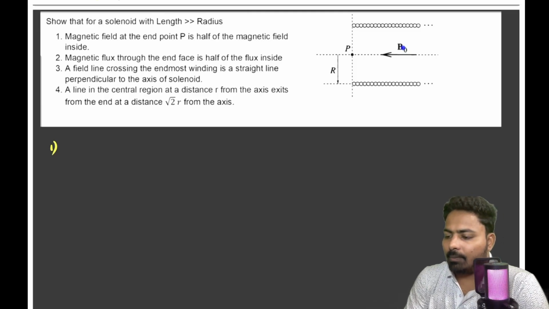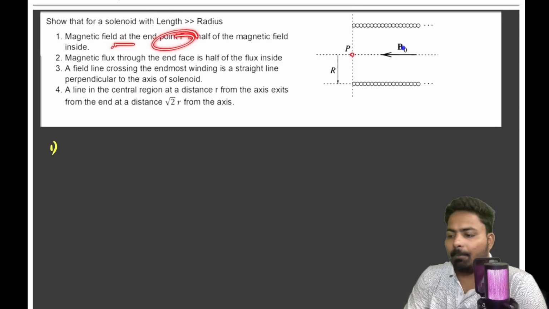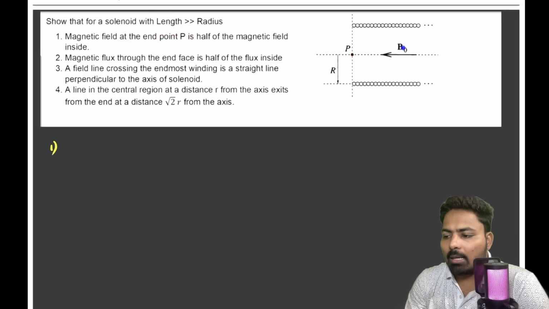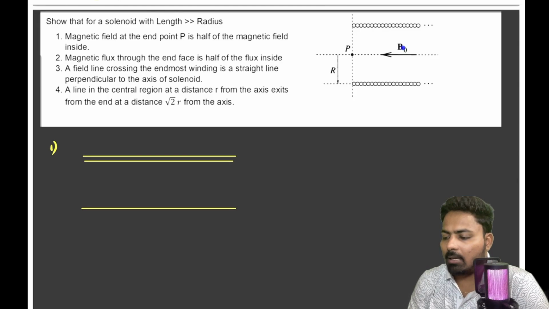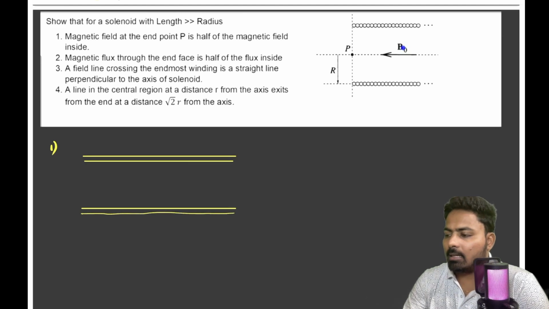The first one is asking us to find the magnetic field at the end point P. To understand this, we can do it in two different ways. The first one is, let us consider a solenoid like this, a very long solenoid, and let's say the windings are designed in such a way that,